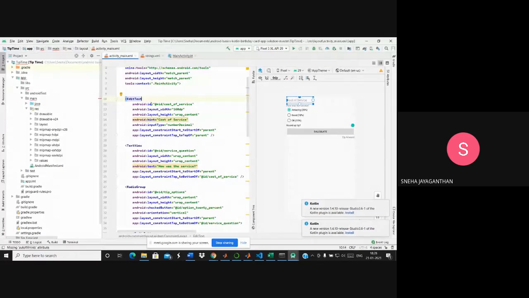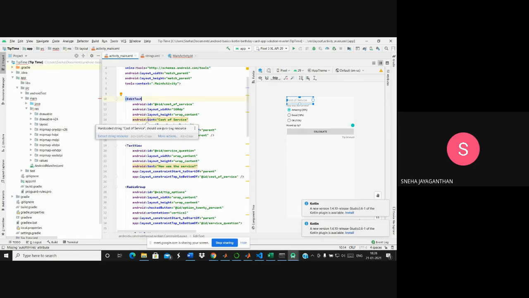Whenever you have to add an ID, you need to put @+id/ followed by the name of your ID. And then you can mention the width and height. Width is 160 dp and height is wrap content. Wrap content specifies that the view will cover the entire portion that you have defined within the width. And you can see android:hint.